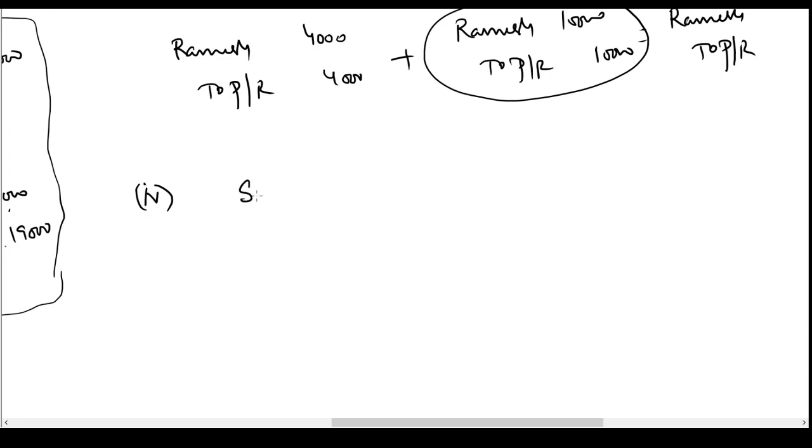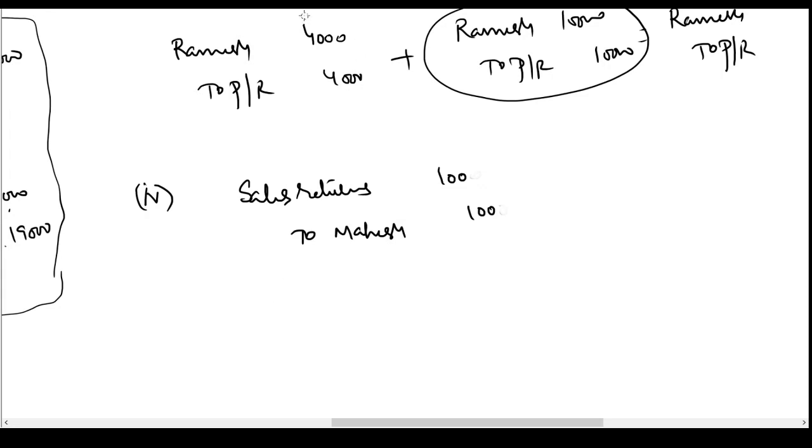We should have passed the entry sales returns to Mahesh 1,000. This is the entry we should have passed. But what happened? We forgot this, and we recorded the entry sales returns to Mahesh 100. That means how much have we short recorded? We have short recorded by 900 rupees.